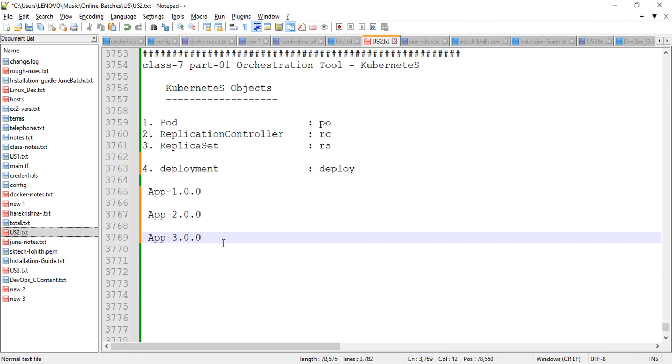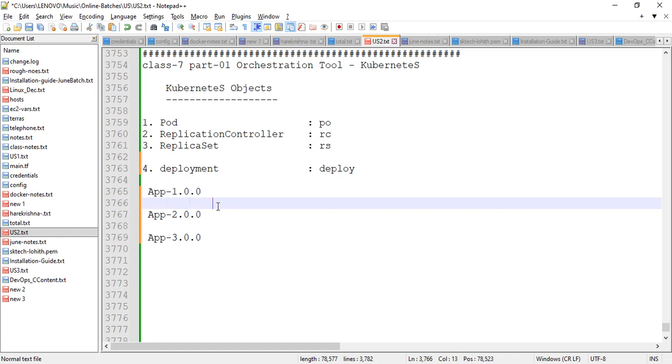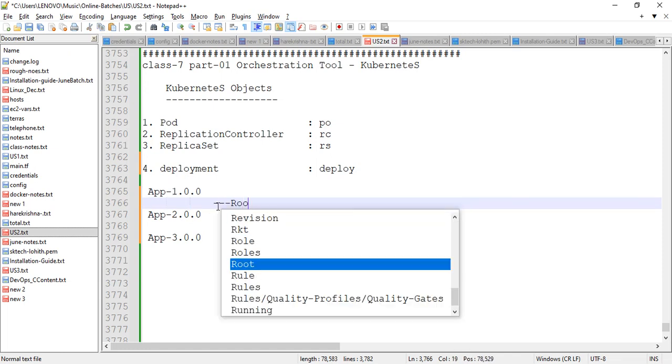Now if you go with only the replica set, forgetting about deployment for now, once you deployed this application in the form of replica set, then if you want to update,